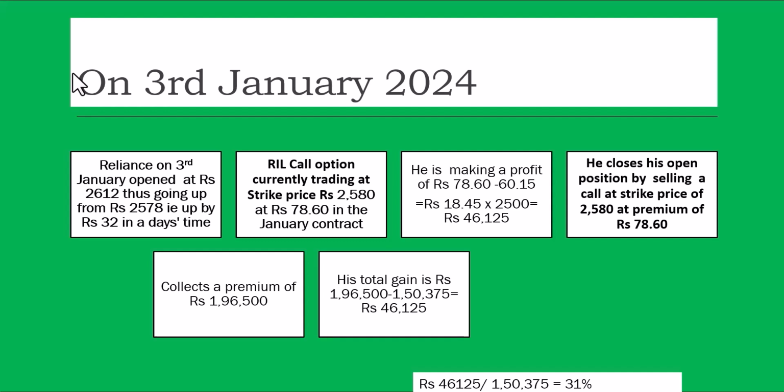Okay, so this is a new thing. How do we exit a call option? In case of futures, we square up the position by taking an opposite position. If you have bought futures, you sell futures. But in case of options, you can't do that. Your position will expire on the expiry day. Whatever the position of Reliance, the difference will be your profit. But before that, if you have bought a call, you have to sell a call. First you paid the premium, now you're going to collect the premium. The difference is your profit.